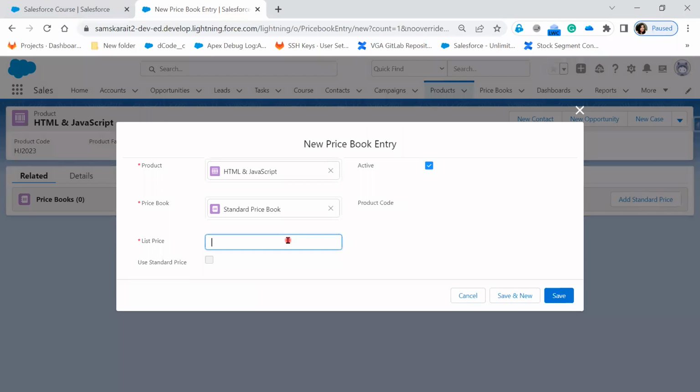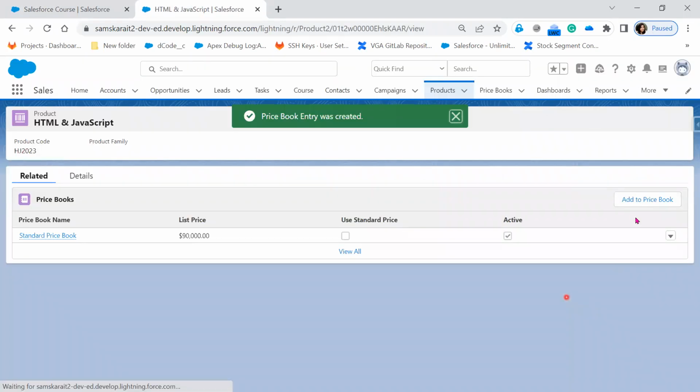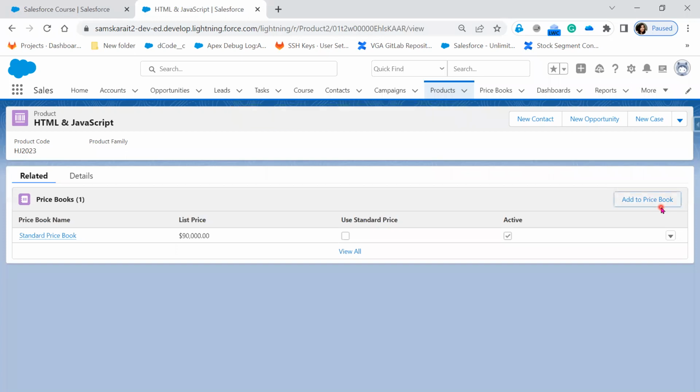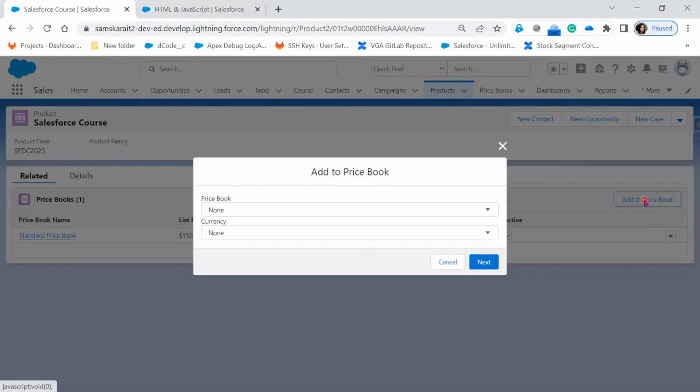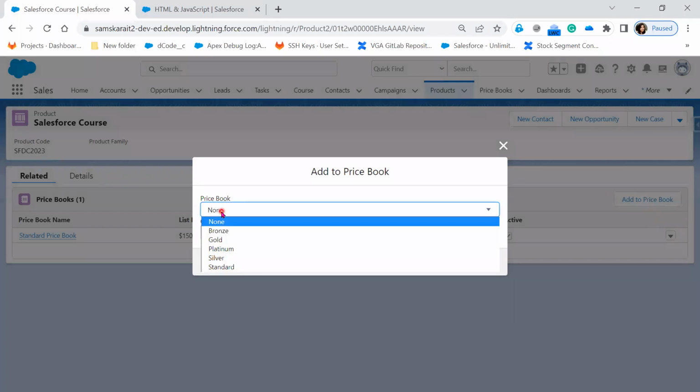Now HTML, let's say 90,000. Click on save. Now here it is. Immediately it gets changed. It switched. It changed to add to price book. Now when I click on add to price book, the first thing it is going to ask is which price book